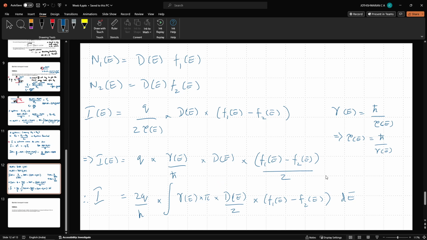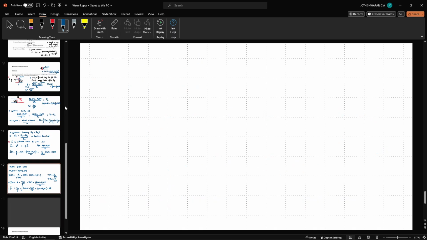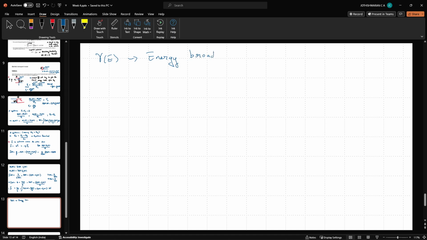Now let me briefly talk about what modes are. So essentially what happens is, now gamma of E is the energy broadening. Okay, now what does this imply? An electron moving through the channel,